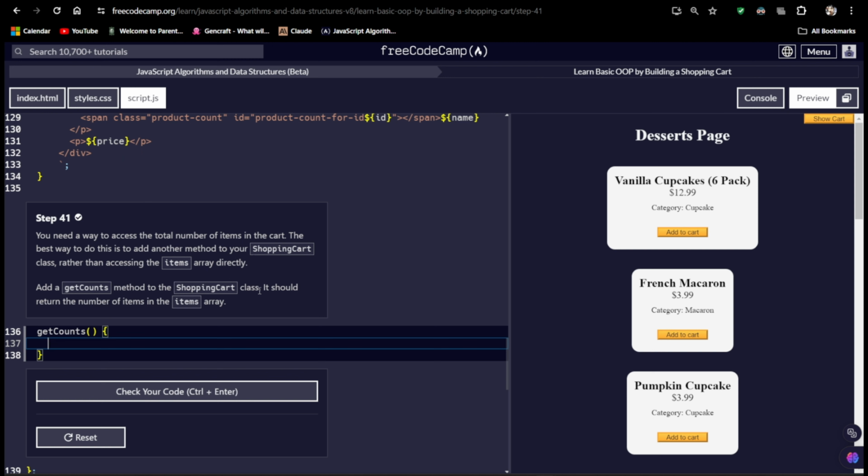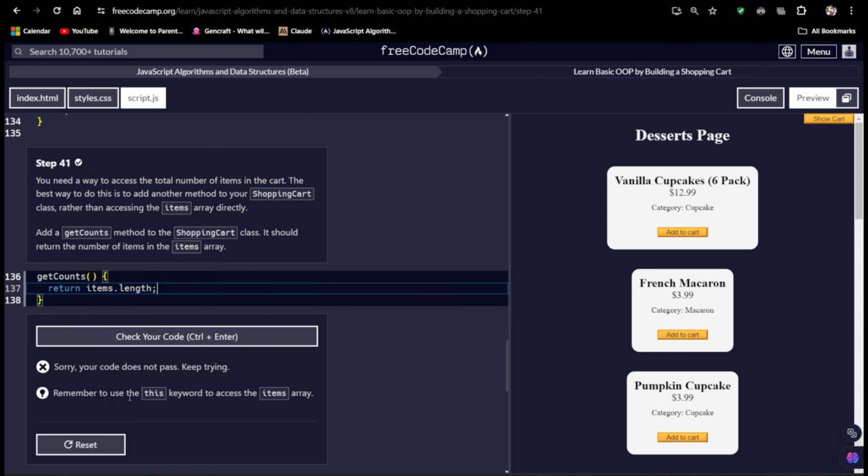So it says it should return the number of items. So we first have to write the return and then items array, items. And to get the number of items inside the array is with the use of the length. So it accesses the items array and then counts its length, or the elements inside the array. But in our case, it is the number of items of the items array. It's kind of crazy. But this would be wrong,